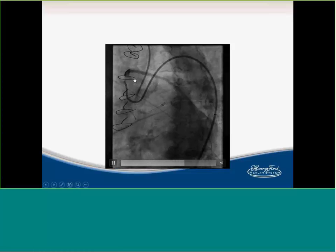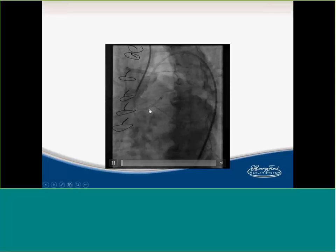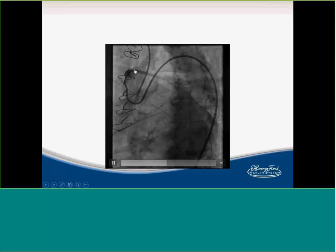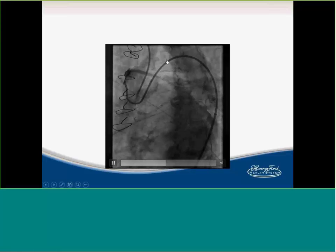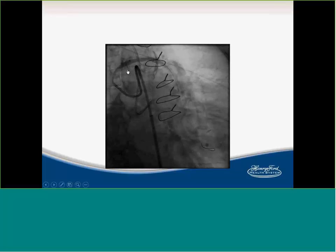So as you can tell, this is coming from the radial, 8 French EBU, and this is coming from the groin because I could not really engage from the left radial in here. So I'm coming from the groin with an 8-French AL1 and still not engaging that graft. And that kind of tells you the difficulty the previous operator faced. So we have...